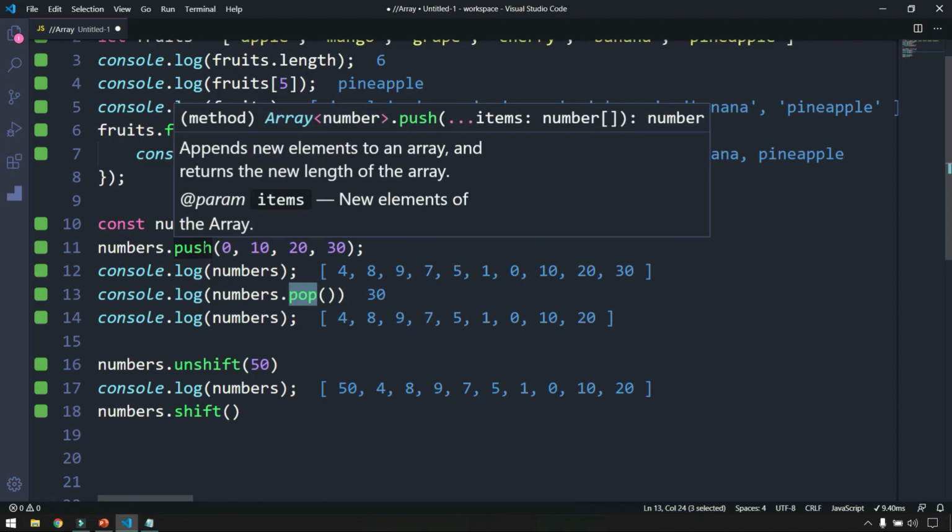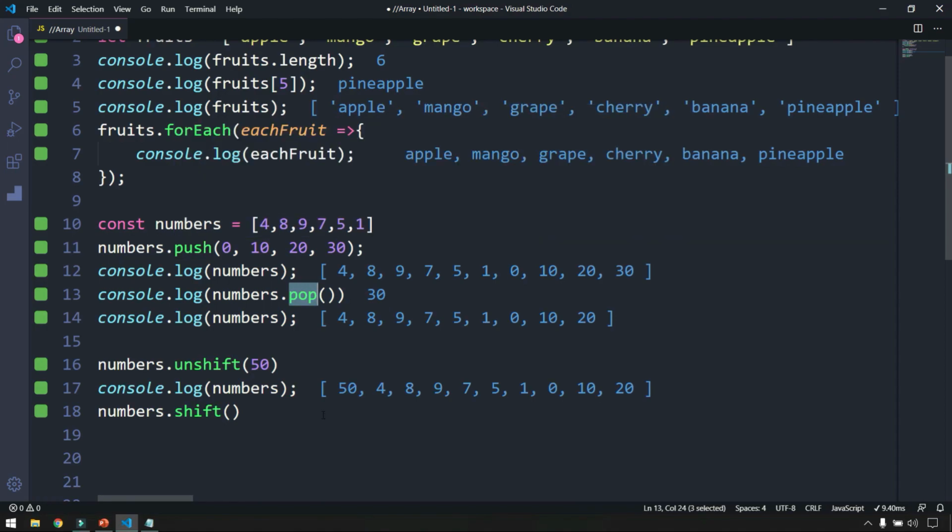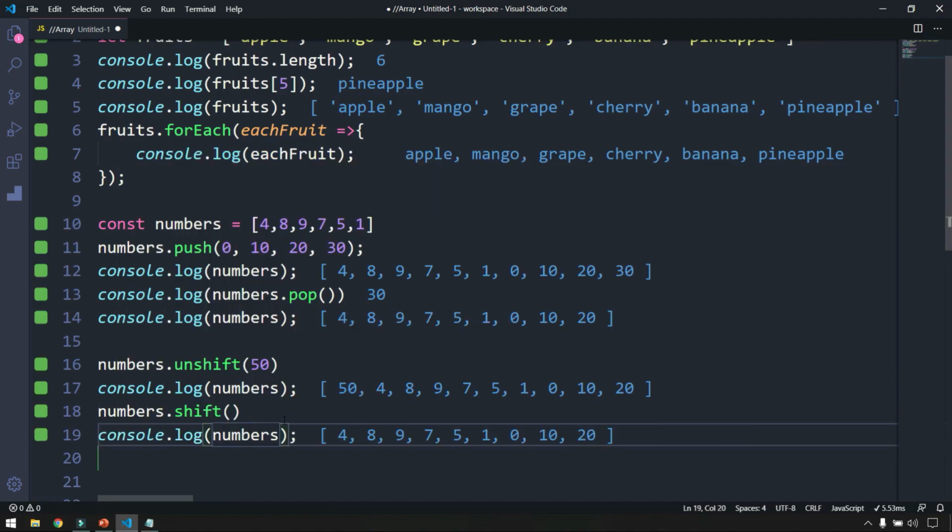While pushing you have to say what value you want to push, whereas when you do the pop or the shift, you need not give any arguments, because by definition it is going to remove the first value in the case of shift and the last value in the case of pop. Let me log the numbers again. Now you can see it has removed the 50. In the unshift we added 50, and using the shift we have removed this 50 here.